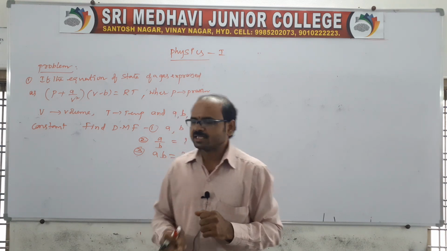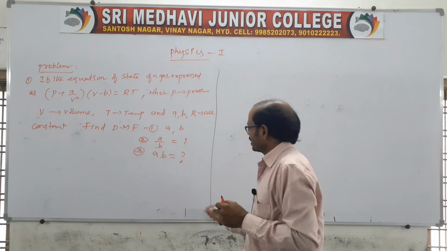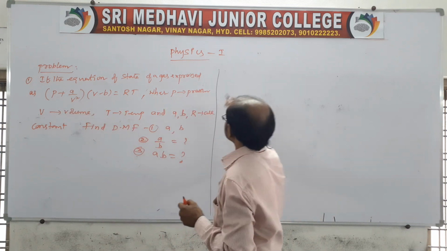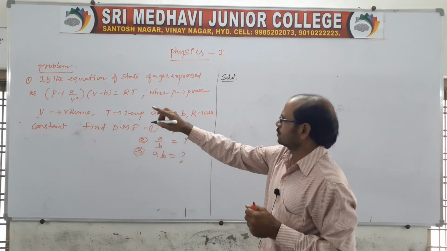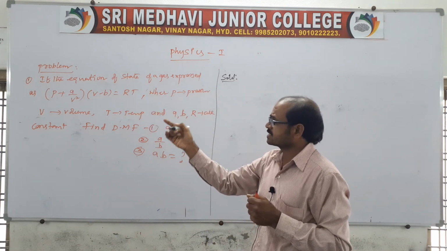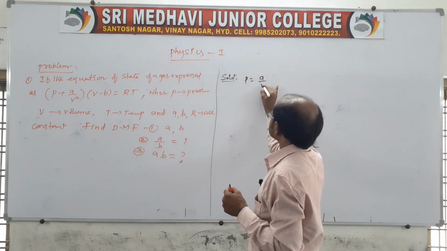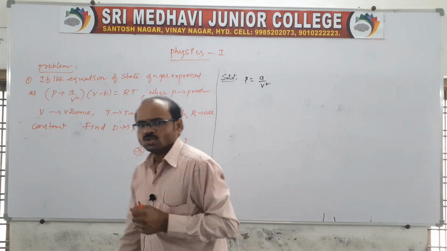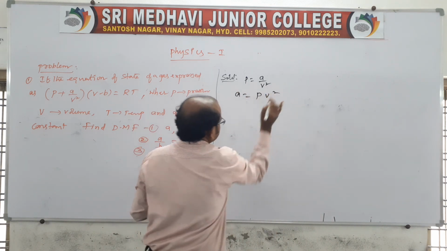By equating, then you may get the P value. By using this equation, now I am taking the solution for this. You take a solution: if it is added, you will not get it, and if it is subtracted, you will not get it either. The other option is the principle of homogeneity, where it is equated. So, suppose you equate like this, a by V square. So, we will get the A dimensional formula. A is equal to P into V square.